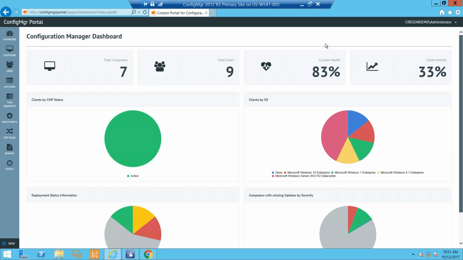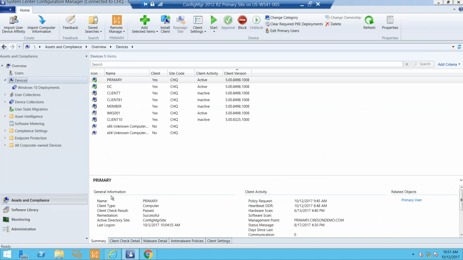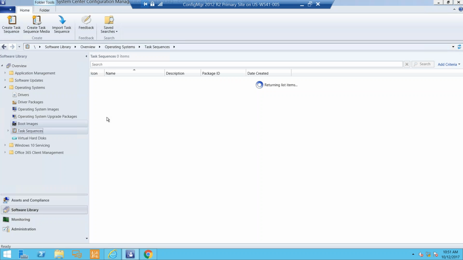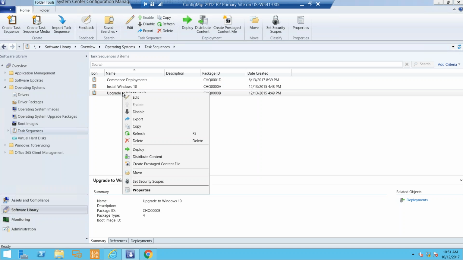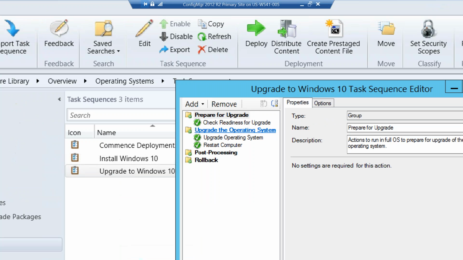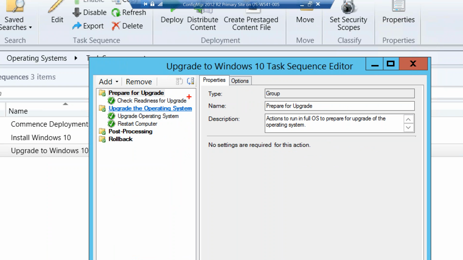So we looked at the deployment process, and just to show you one of the things that Jay referenced here in his environment, I'll just show you in mine. He had that task sequence for install or upgrading to Windows 10. And you just walk through the wizard, and this is the task sequence that would create by default. As he showed you, the check readiness for upgrade, which checks operating system and processor